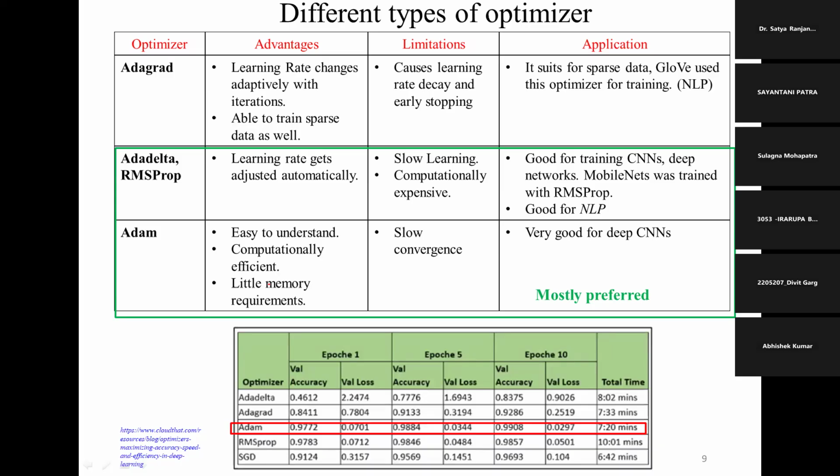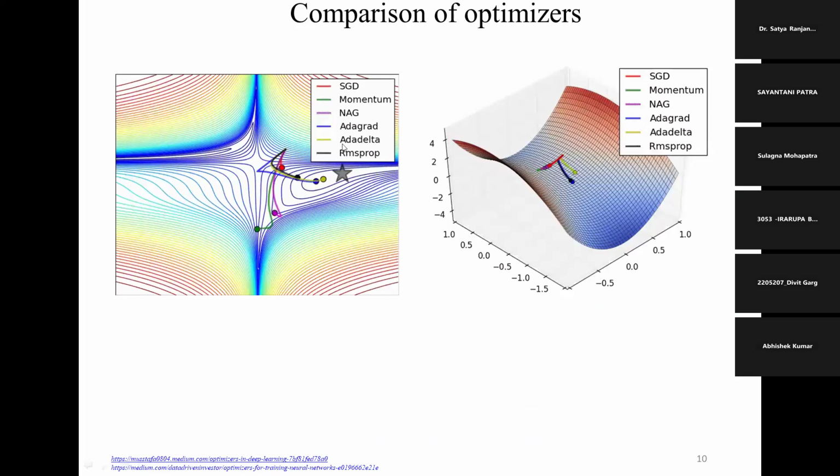This is actually one paper. They compared different optimizers with different accuracies, and they also found Adam with its total time. Within 7 hours 20 minutes, Adam can converge, if we compare it to the others. This is from one paper. Here they considered all the optimizers and can find out who is reaching the minimum fast. Let's say another time if we run it, we can get to know.